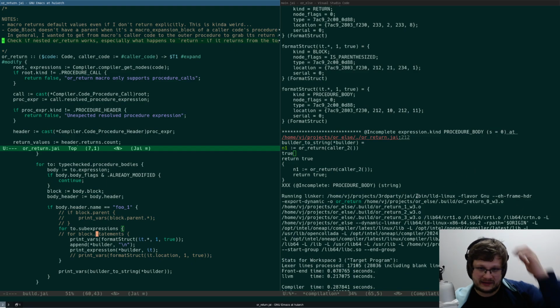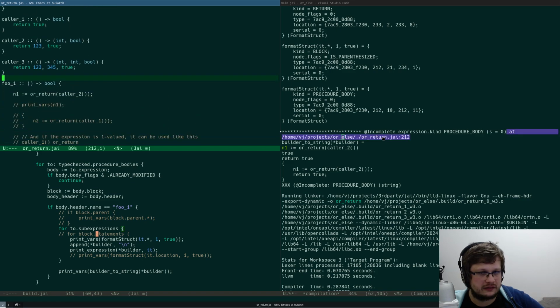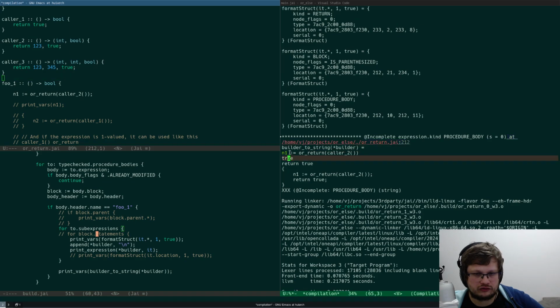Yes. But here, when we go for sub-expressions, we actually get the flat ones. True, return true. So yeah, this is like half of the expansion, right?